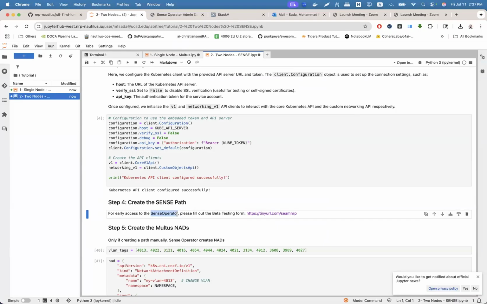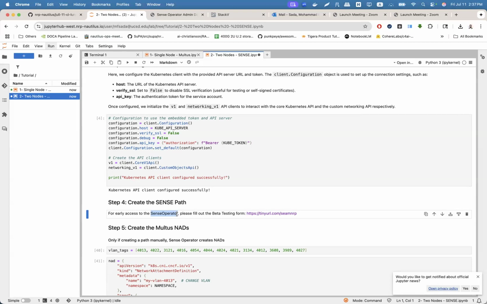But this gets you access to the Sense operator, which is a specific use case for NRP users to start endpoints. One thing to mention is that the endpoints don't necessarily need to be two NRP nodes, because as we mentioned, there are different endpoints in the topology. So this is how you get access to do NRP and FABRIC experiments, for example, because the endpoints could also be FABRIC sites.